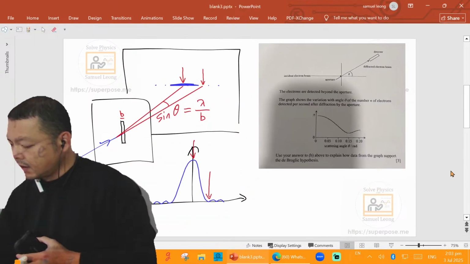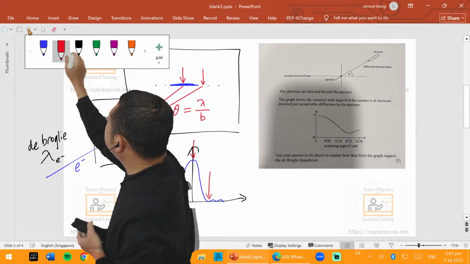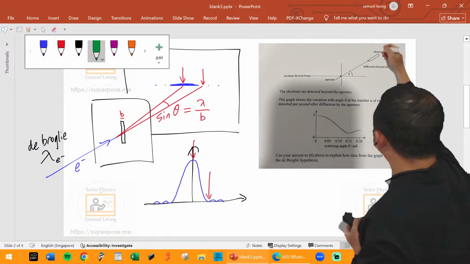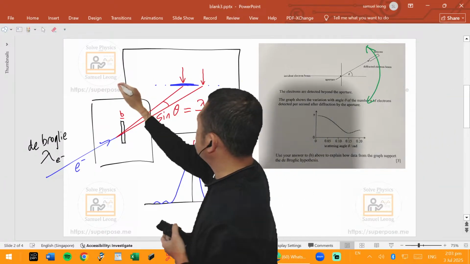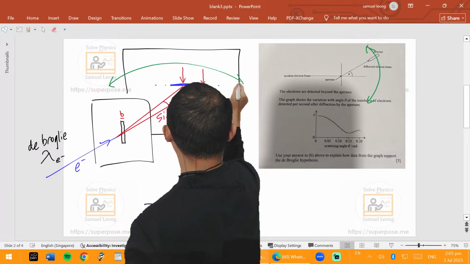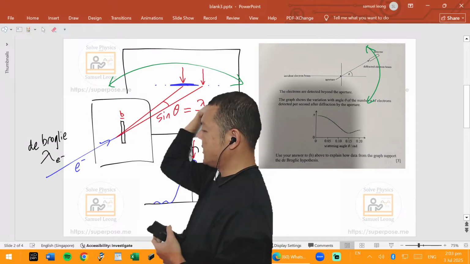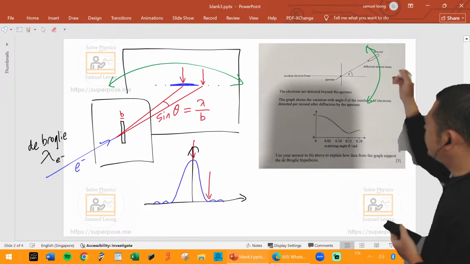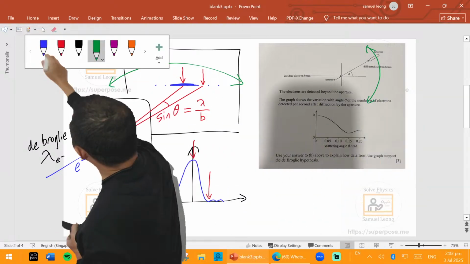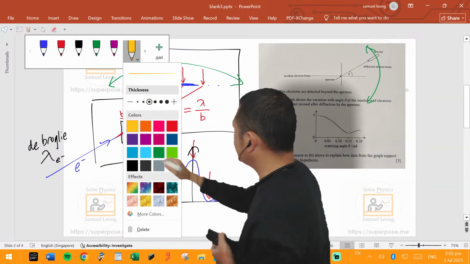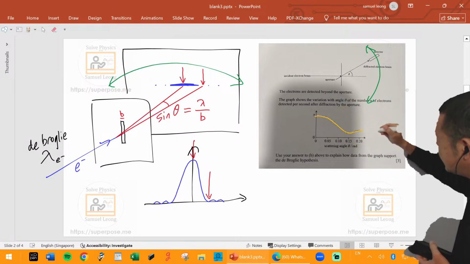Okay, right, there you go. So they got a detector, and the detector could detect the intensity of the electrons, sweeping from here to here, side to side like this. Basically it's telling you the pattern, or rather the intensity of the electrons, was like this. The intensity was like that.